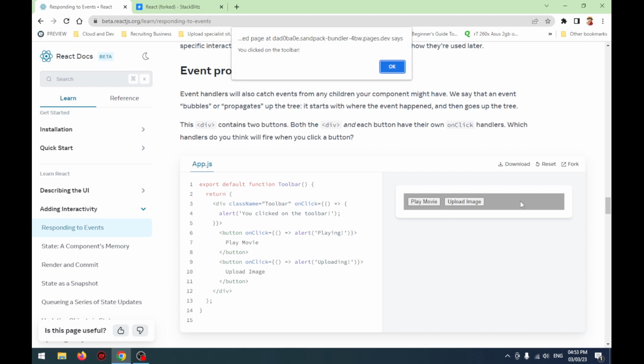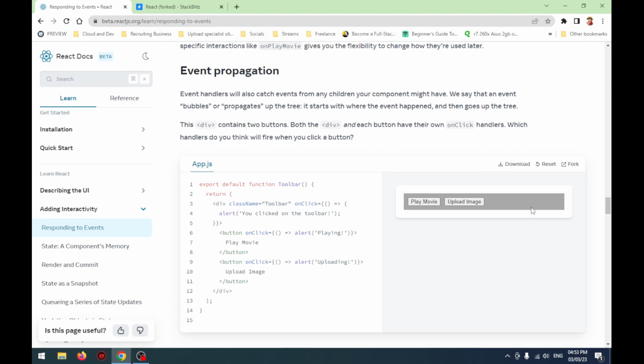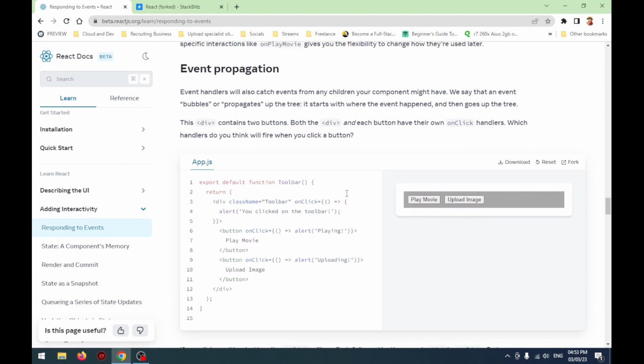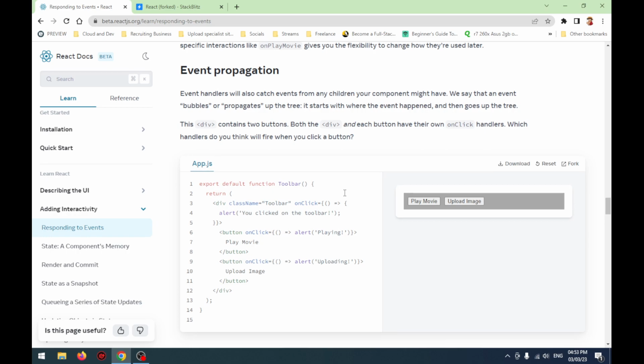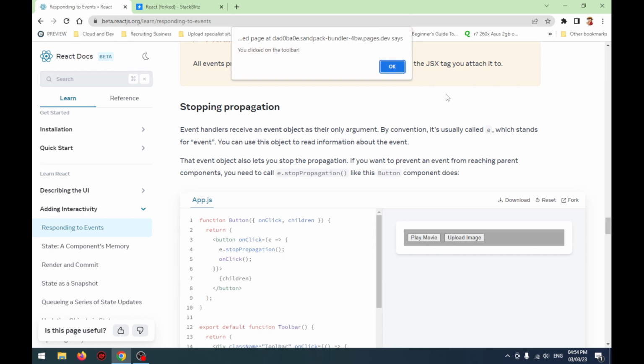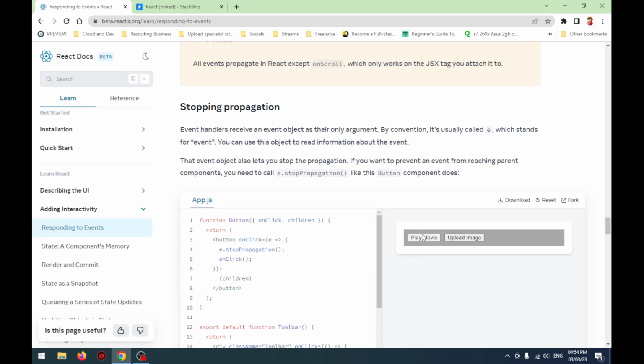This is a toolbar, by the way. You click on the toolbar, you get a click on the toolbar. If you click on here, you will get the button function and the toolbar function. We're getting double event handling at once. Stop propagation. On click, you clicked on the toolbar. On click on the button, the toolbar will not trigger